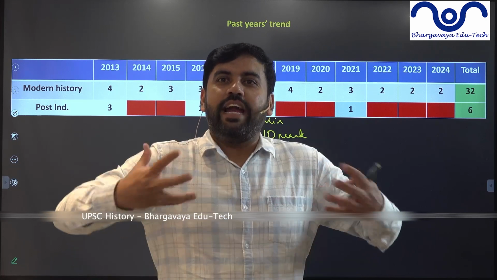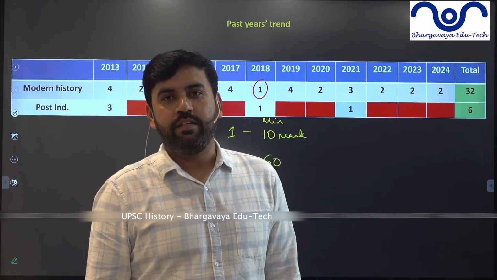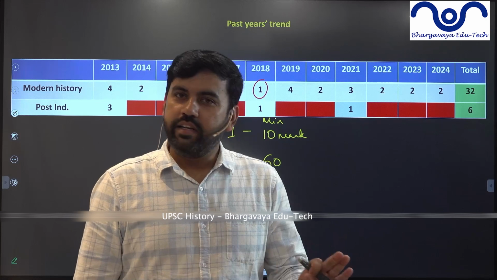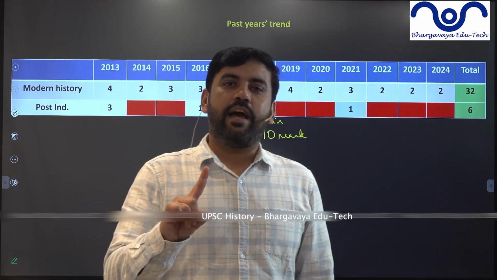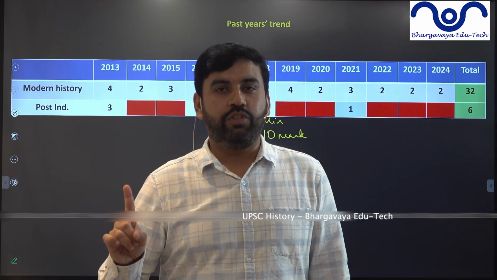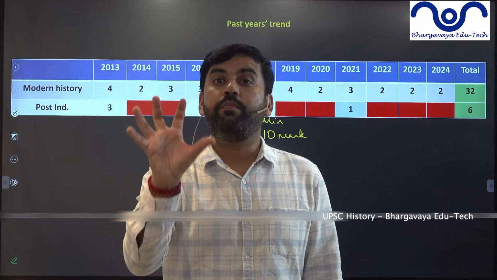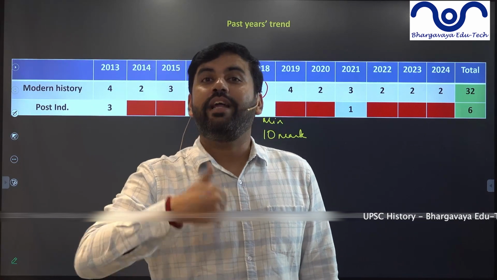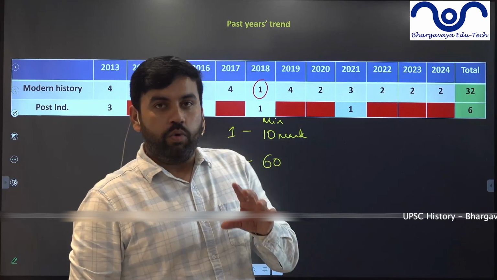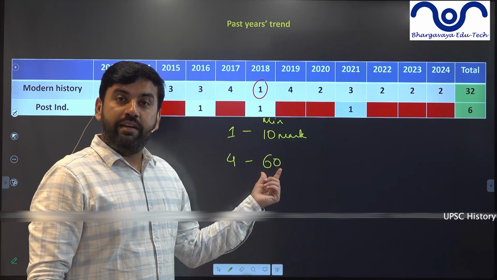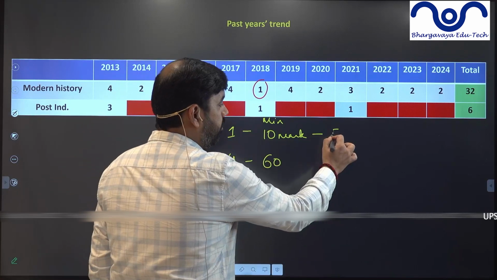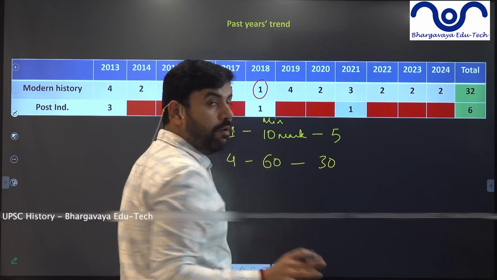So don't be excited, saying, yaar, I missed by 90%. Nobody will get 90%. The UPSC examination is not for selection, it is for elimination. They are sitting there to eliminate you. You have to impress them so that they do not eliminate you. So the minimum marks that you can get is 5 and 30 from modern India.